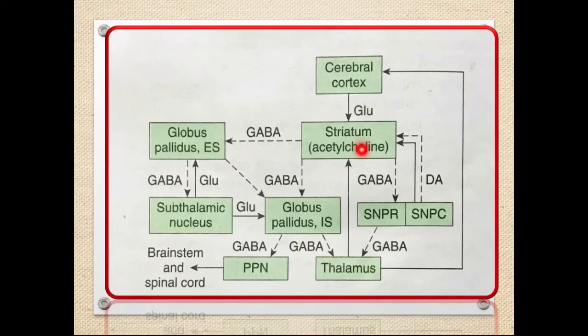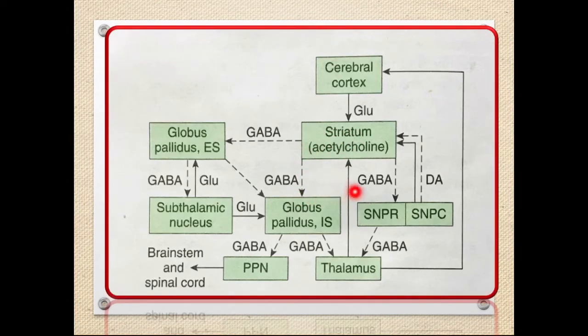There might be connections from the caudate nucleus to the putamen, or from the putamen to the caudate nucleus, or within themselves, like the neurons interacting within the caudate nucleus or within the putamen. That might be due to acetylcholine. The second neurotransmitter is acetylcholine. Then a bit of somatostatin is also there, so forget about that somatostatin. The main one is acetylcholine. And what does acetylcholine do? Acetylcholine can affect the output from the striatum.